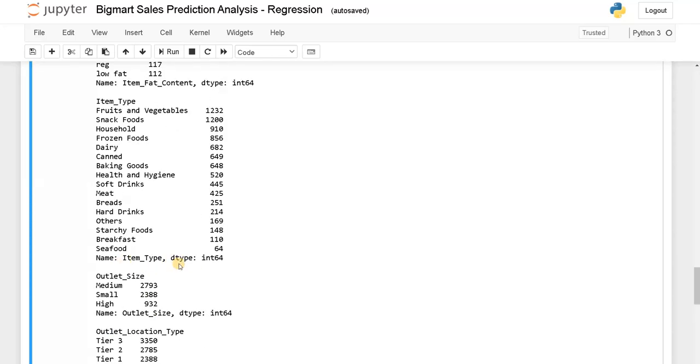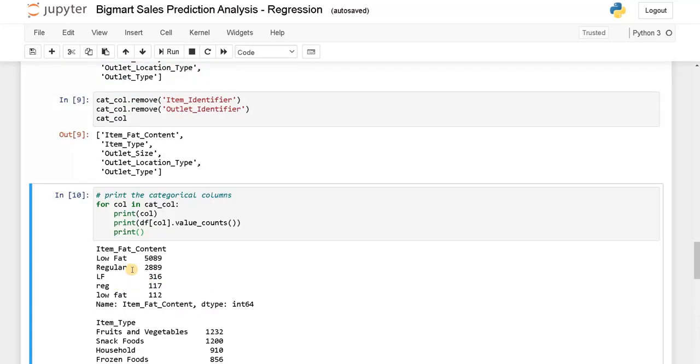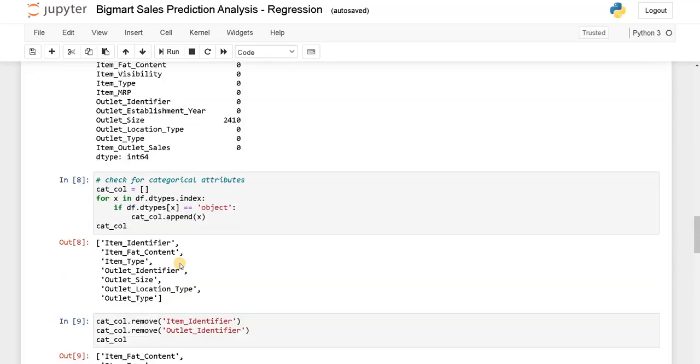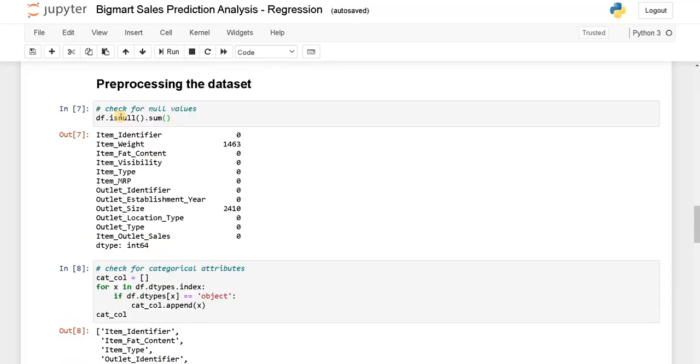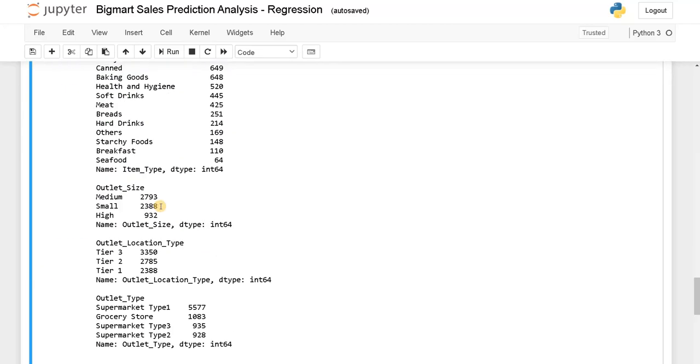If the values are so less, like less than 100, we can combine those values. It will definitely increase our prediction. We need to test each of those analyses while testing the model. It will be very useful insights while we deploy this model for production. Okay, we checked all the categorical columns now. First, we have to fill the null values. We have item weight and outlet size. Let's fill these values now.